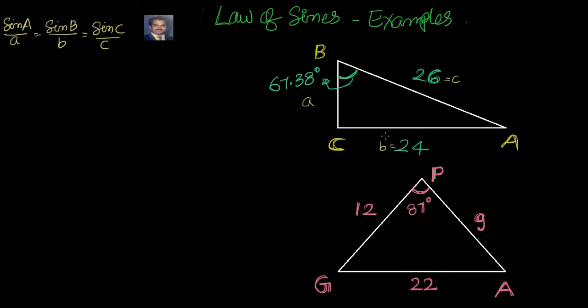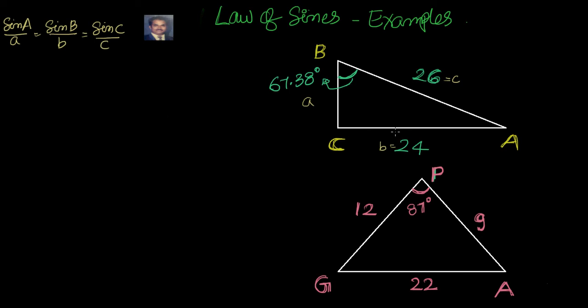Okay, right. So let me repeat that again. You cannot use the law of sines if you have all the sides, because you don't know any one of the angles. You should know one of the angles, and you should also know the corresponding side and some other information. So I should have one full set of information, either sin A of a, sin B of b or sin C of c. Okay, that should be fine, right? So let's go ahead and look at this problem.